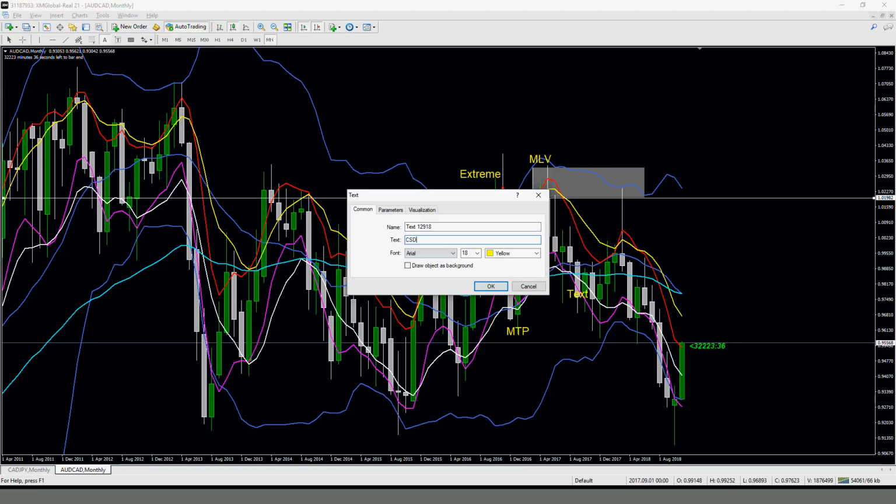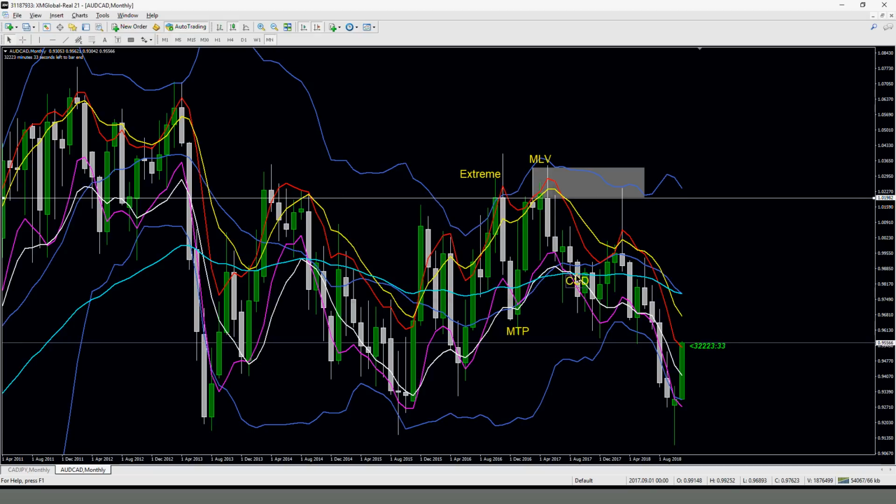So this is what we call a sell CST. After the sell CST, the market goes back up, and here would have been the re-entry after CSD. However, the market tests the MLV again. It is very important that when you have an MLV on a particular time frame, the highest body